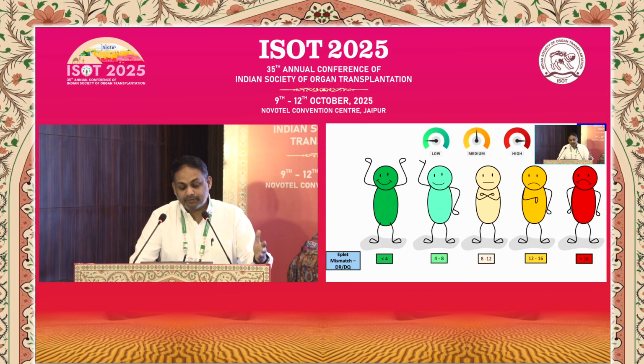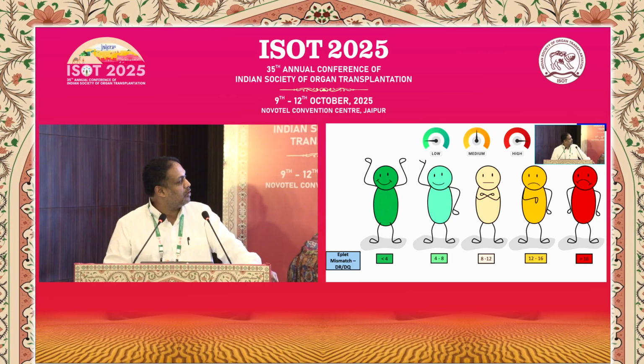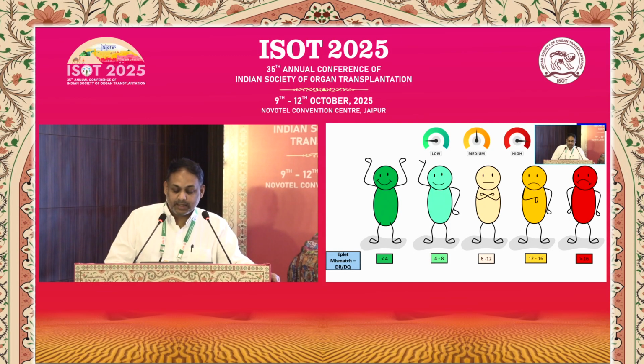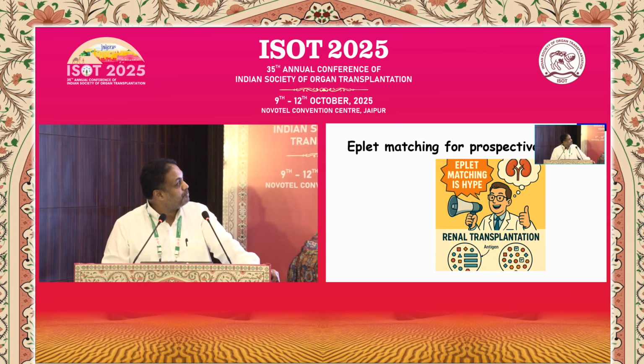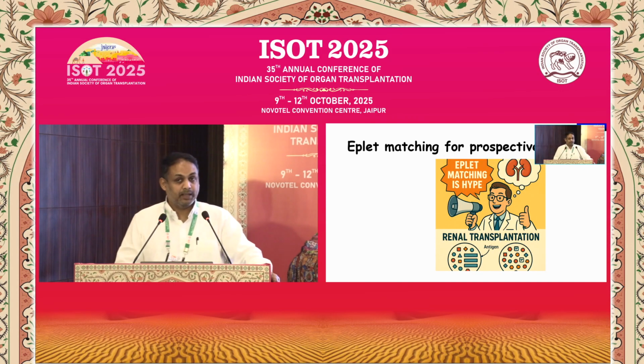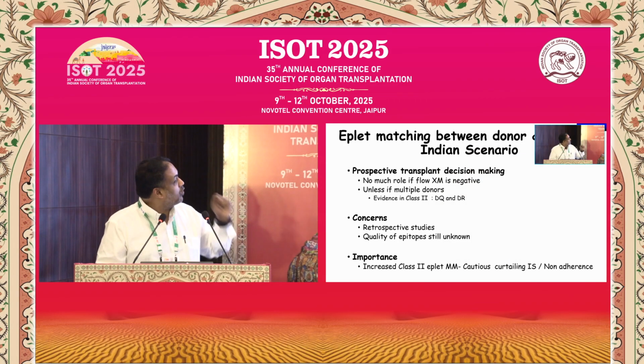So with the evidence now, we can say that increased Eplet mismatches at class 2 is something that we cannot be happy about, but it is not a gatekeeper to decide on transplantability or on acceptance or denial of a pair for transplantation. So I think for a prospective transplant, using Eplet in an Indian scenario is just a hype, but the take homes will be like,